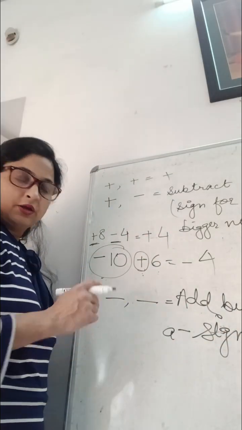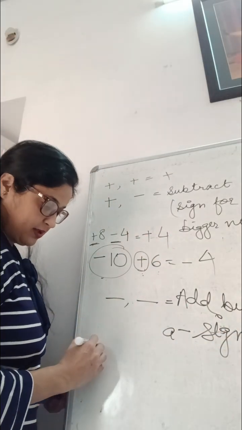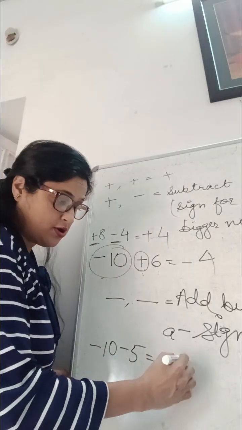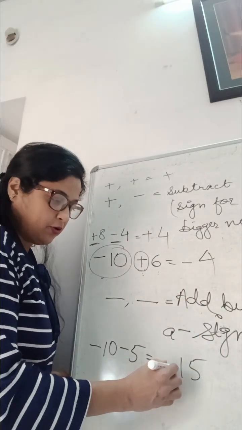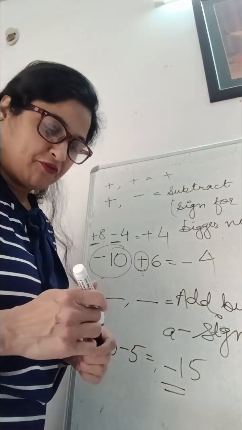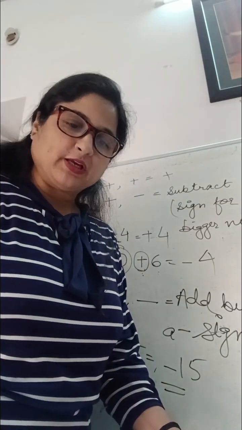ठीक है, तो नेगेटिव साइन आएगा, मतलब -10 -15, तो मैं ऐड करूंगी इन दोनों फिगर्स को, दैट इज 15, और साइन भी माइनस का आएगा. So this is just brush up of your integers. Now using this integers,